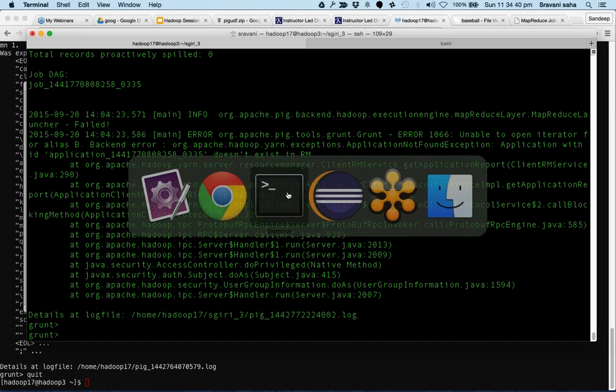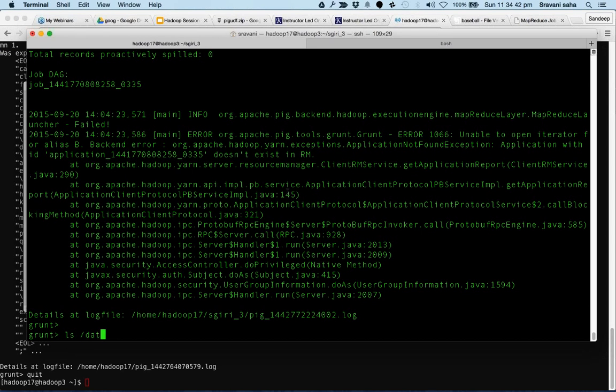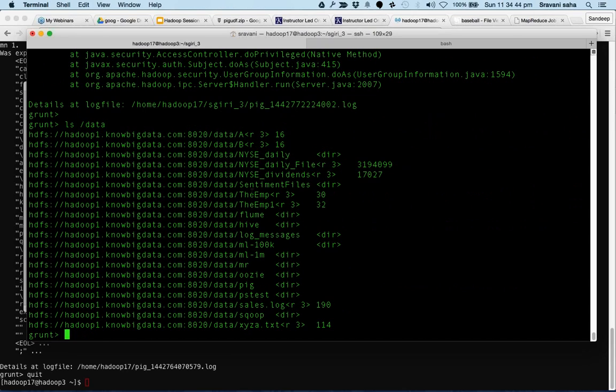Let me try ls /data. Is it there somewhere? Yeah, it is there. So we could say /data